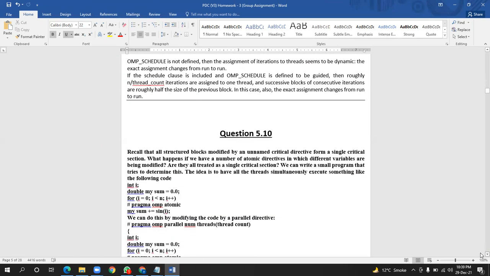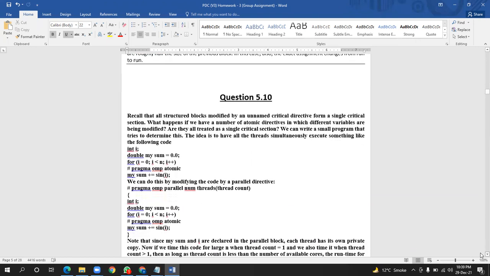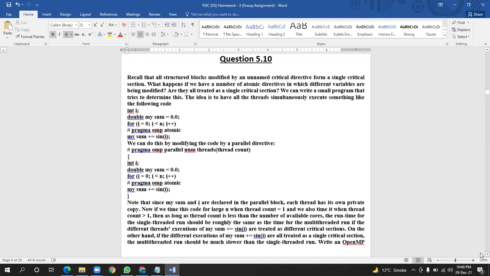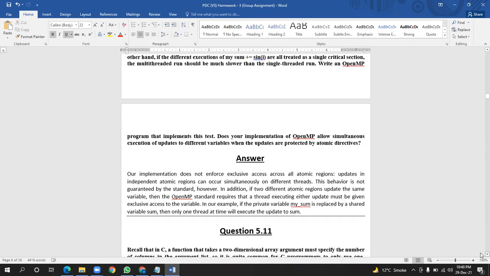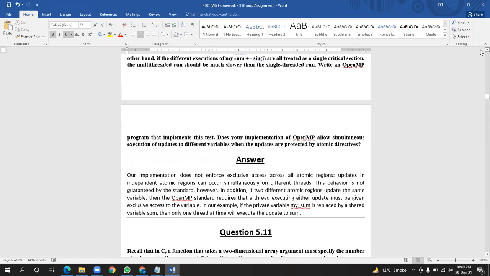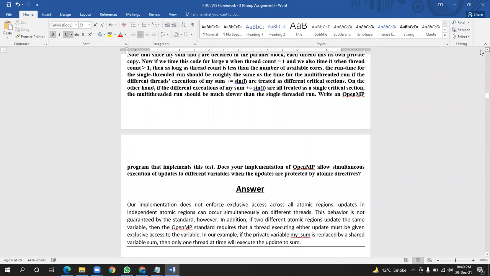In question 5.18, we recall the given structure program that is given in the form of chunks, the smallest parts of the program. We get the idea about the threads and simplify the parallel directives of the program. First of all, we sum up all the parallel given values and then implement the given region answer, and then it depends upon the number of different threads. This behavior is not generated with the standard.